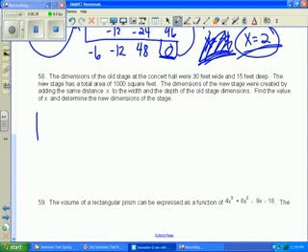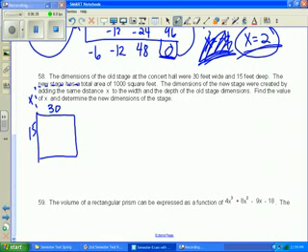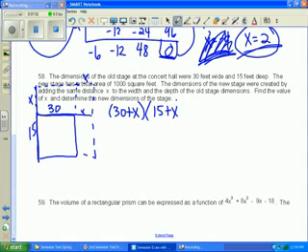Number 58. Okay, we got the dimensions of a stage are 30 by 15. And we're going to add x to the length and x to the width. So then this distance here is 30 plus x. This distance here is 15 plus x. And it wants to have a new square footage of 1,000